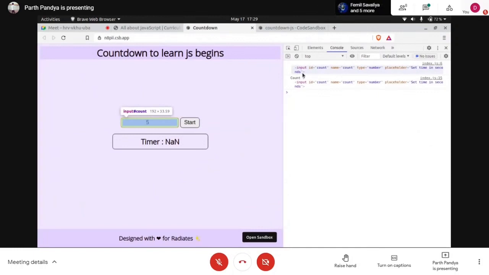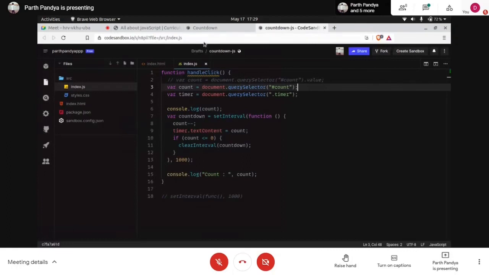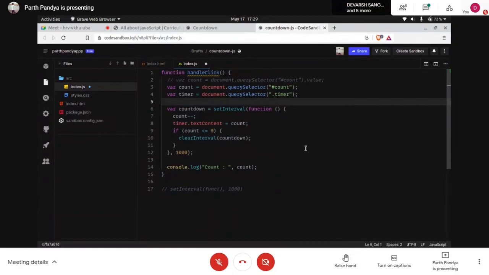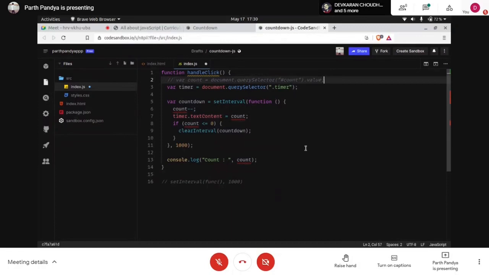Getting it, Kushal? Yes, got it. Okay, clear? Yes, you can move on. Okay, so everyone, pay attention. Like this, we can console.log and debug our code, to see what is happening on which line, how that thing is happening, and what it actually has inside. So we'll uncomment it again.